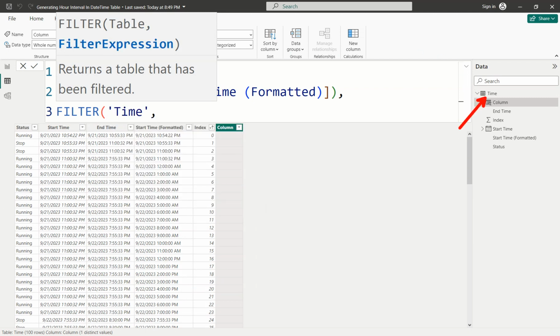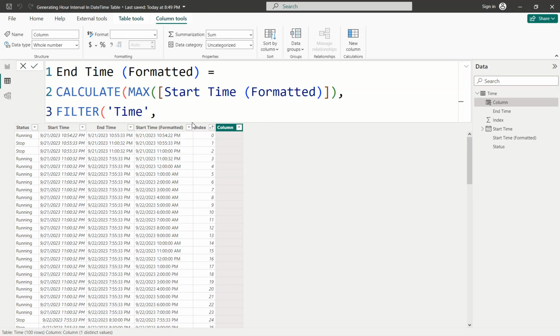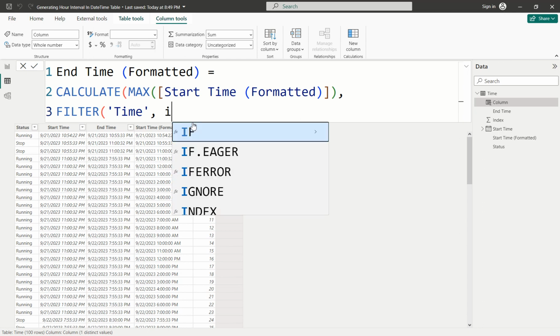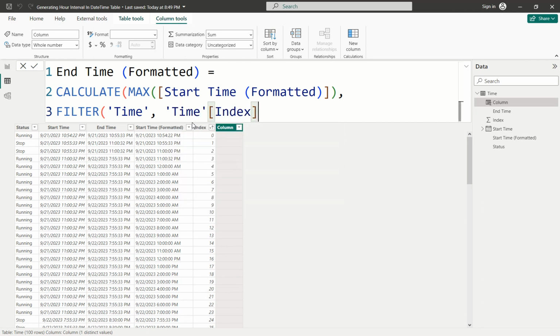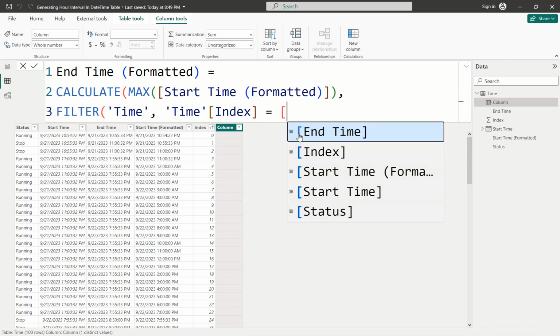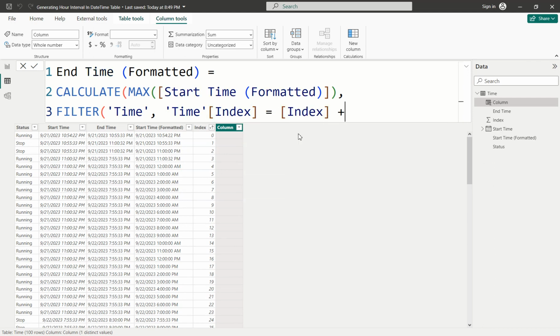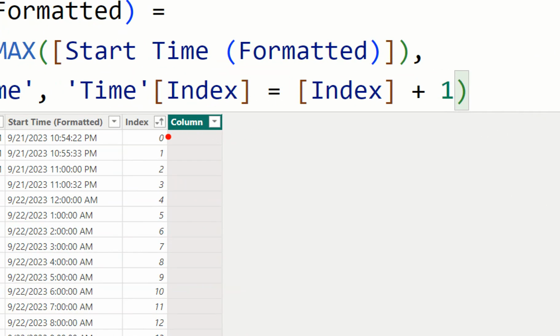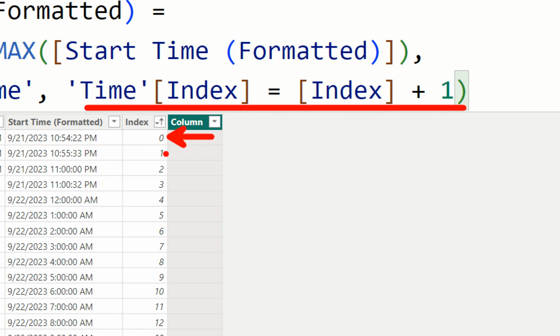And after writing time, I'm going to write the filter expression now, which will see the index column taking on the value of index plus 1. This would mean that for the rows with 0 as the index, this filter would filter to the row with 1 as its index. However, if I press on enter now,